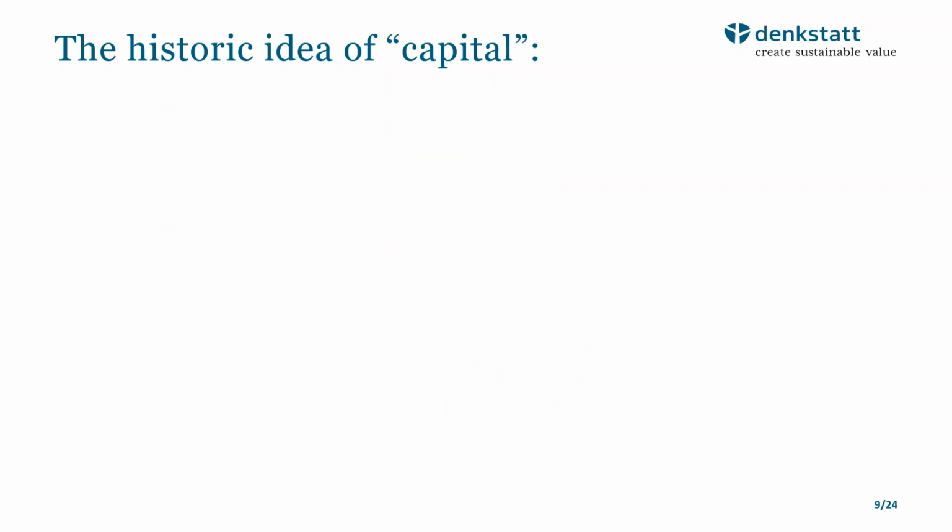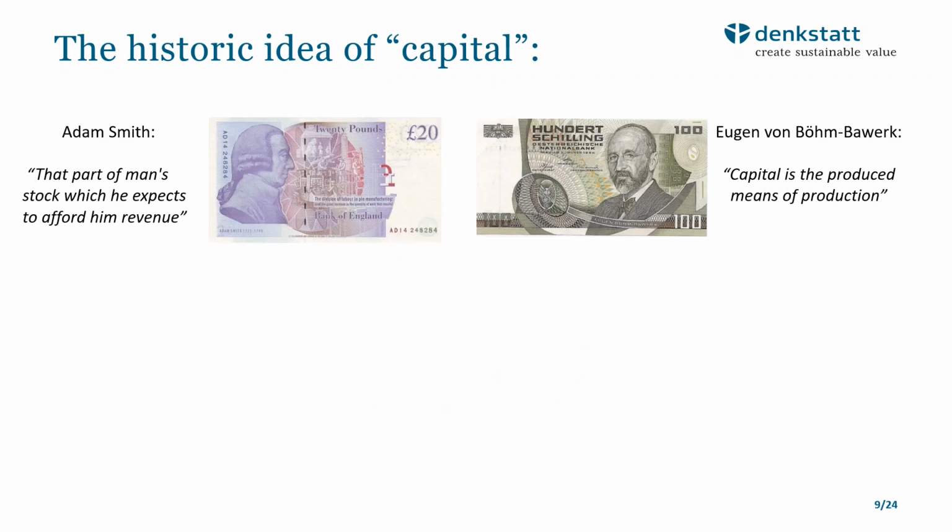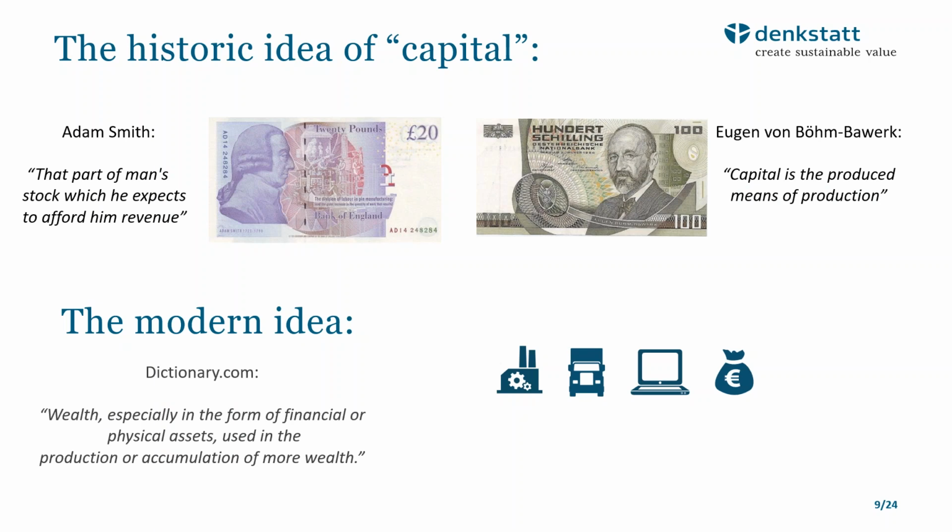Before we start with this idea of nature and society as capitals, perhaps first to talk about what we mean by capital at all traditionally today. It's the sort of idea you find in big economics textbooks. It's a sort of idea that was invented by people whose faces are on people's money. The basic modern idea is costs and benefits in the financial sense. And this pretty much means the sort of stuff that you find in the profit and loss statement of a company. It's the assets you own, so the factories, the machines, it's the money you make, the money you have in the bank. But it doesn't really capture anywhere the environmental or social costs and benefits, and we know though today that this